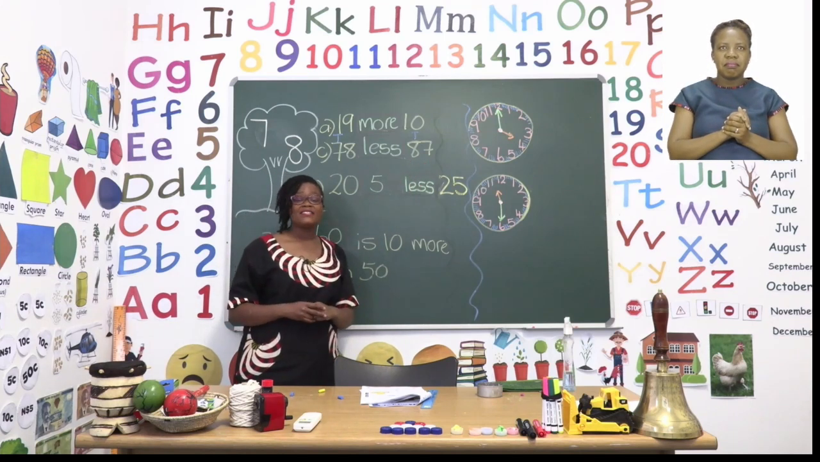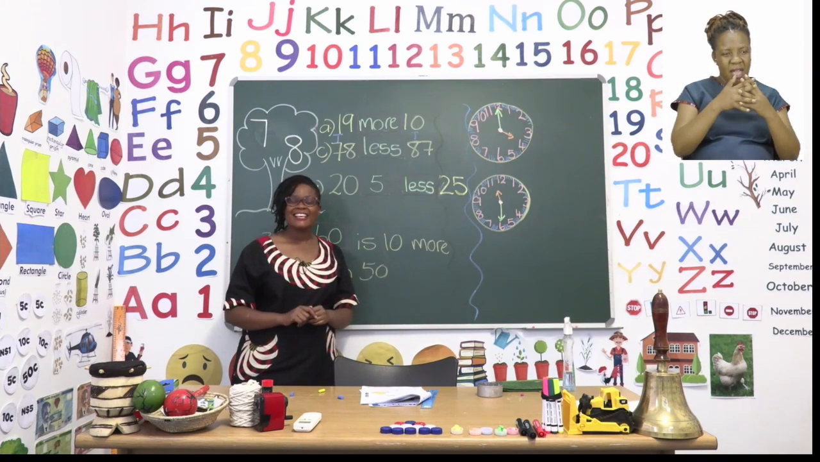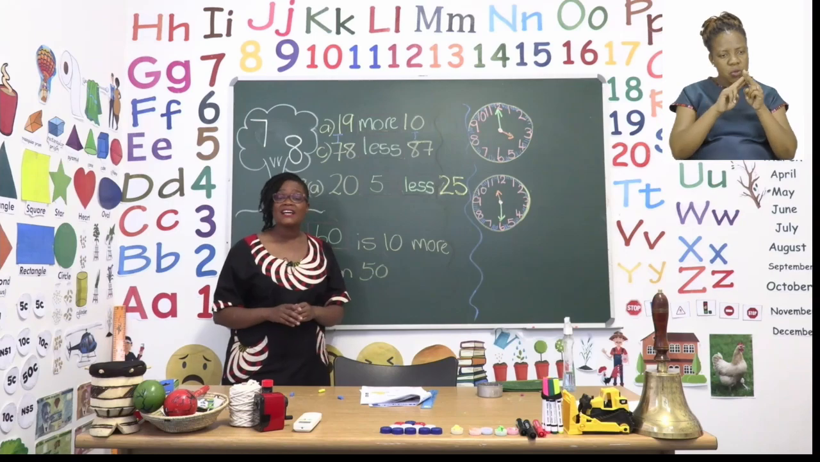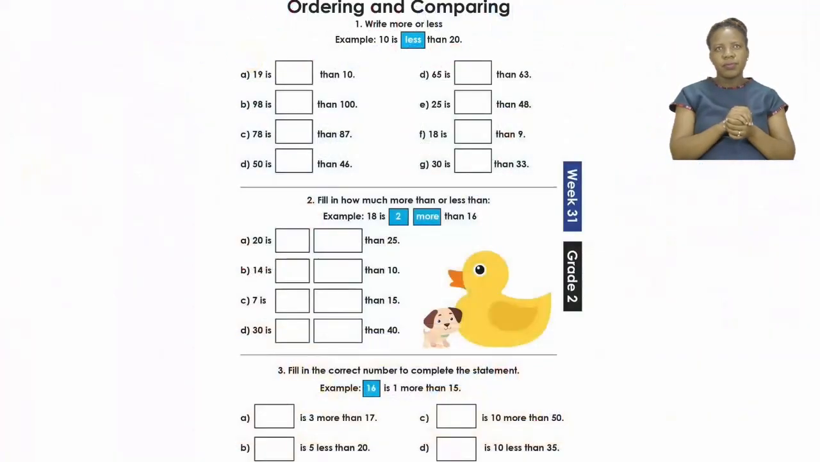So next time you have digits that have the same numbers, take your time and use the tens and units. When you're done with that one, you can move on to the next part, number 2, where we actually have to say a number and then either more or less. Let's take a look at A. Now for A, for number 2, it says